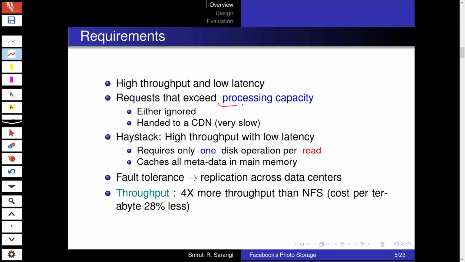So first we define a certain processing capacity, which means a certain quality of service for a server, which talks about the maximum number of requests that can be served per cycle. So if you're exceeding this, we can ignore messages. Not a good idea. Or what we can do is we can have the Facebook system, and we can have something like Corona or Akamai, a content distribution network.